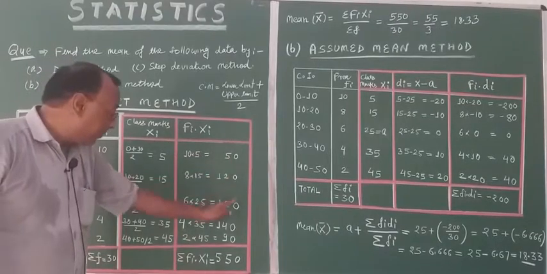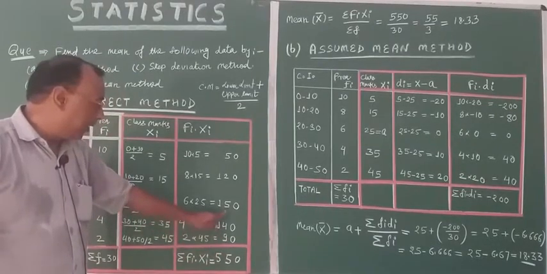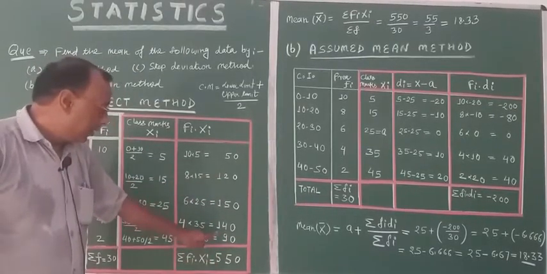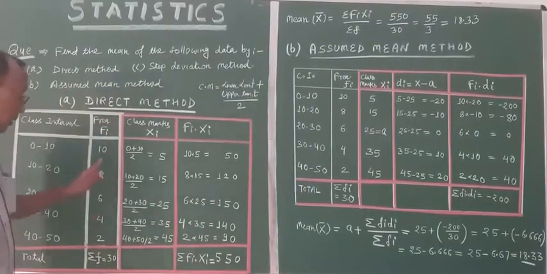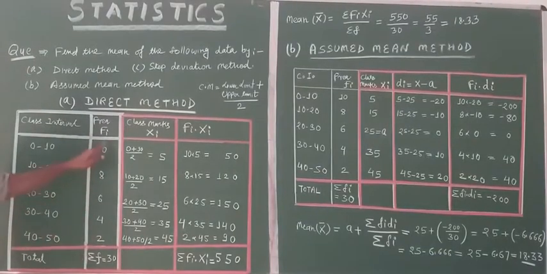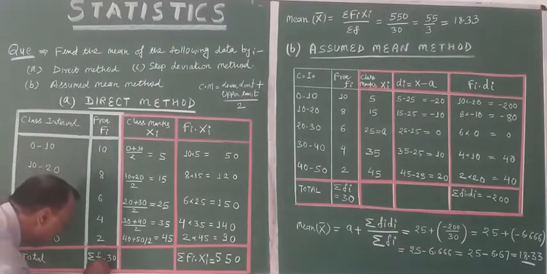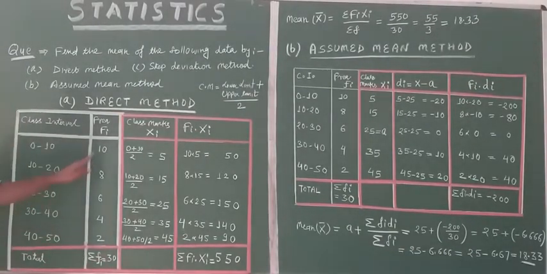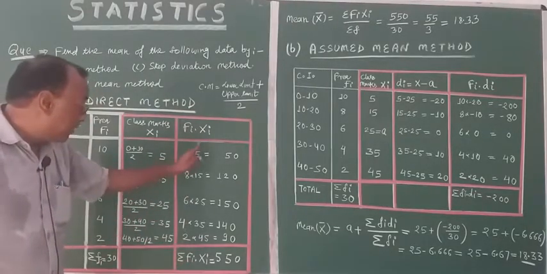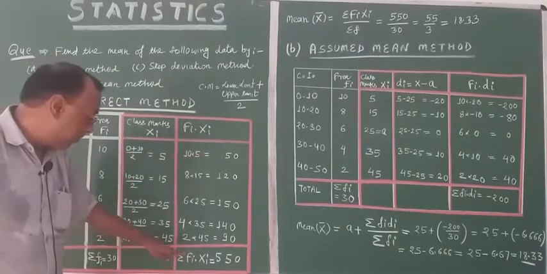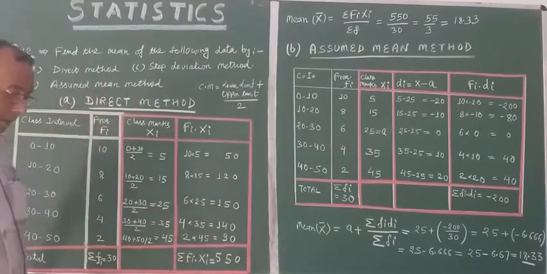Now add them. Just look here: 100, 0, 0, 0, 9 and 4, 35, 18, 20, 25, 5, 2, 3, 4, 5. This is 550. Is it okay? What is here? This is the total of all these frequencies, denoted by sigma f or sigma fi. Add them, you will get 30, and in the last column you will add this fixi. So we will write sigma fixi. You will add, this is 550.